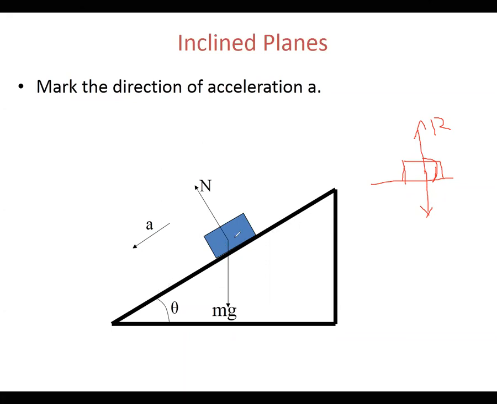Now the plane is not horizontal; the plane is inclined. In that case, the reaction force is perpendicular to the plane. The gravitational force cannot vary with that. The gravitational force is directed downward at any position of the body. You must always remember that in this case.